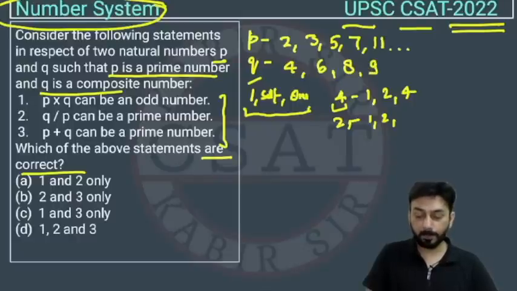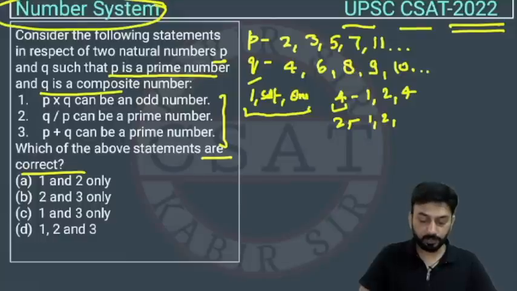10 भी होगा। तो ऐसे करके आपको सबसे पहले प्राइम एंड कंपोजिट नंबर लिख लेना है। नाउ 1 बाय 1 स्टेटमेंट को चेक करेंगे। अब स्टेटमेंट बोल रहा है P इंटू Q कैन बी, दिस लैंग्वेज इज वेरी इंपॉर्टेंट, इट कैन बी मतलब देयर इज पॉसिबिलिटी, राइट। ऐसा नहीं बोल रहा है कि हमेशा ऑड ही होगा, राइट। कैन बी एन ऑड नंबर। सो P इंटू Q, अगर आप P की कोई वैल्यू लें और Q की कोई वैल्यू लें,